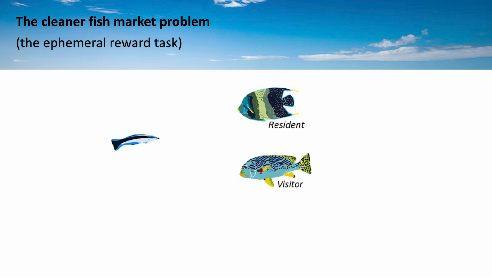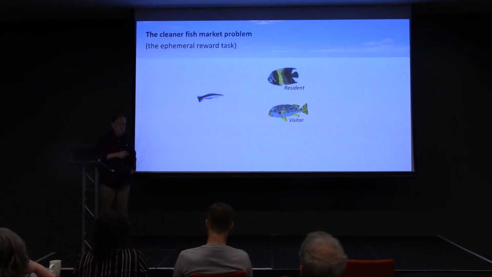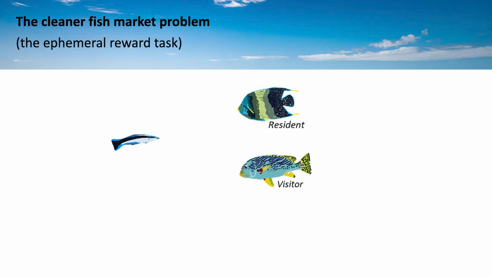In the reef, actually, cleaners may face two types of clients. Some of them, we call resident, because they have a relatively small home range, and usually they have only one cleaning station of one cleaner, so they have nowhere to go. They really have to wait for this cleaner in the local environment to serve them. On the other hand, we have visitors. Usually these animals have a larger home range and they're moving around. So if there is a queue and they're not served, they can go to